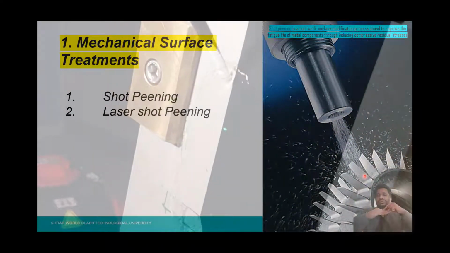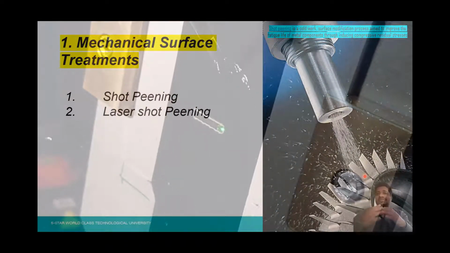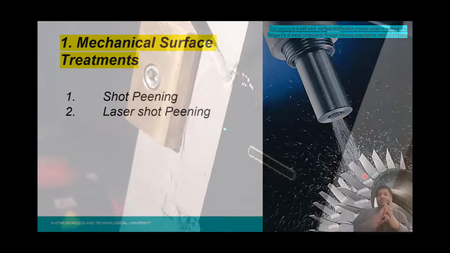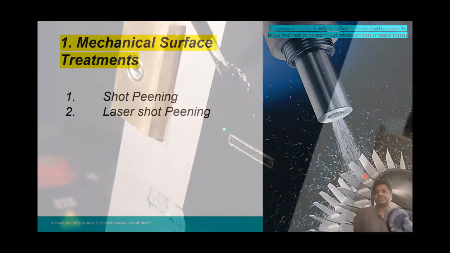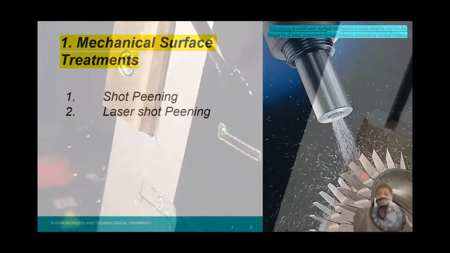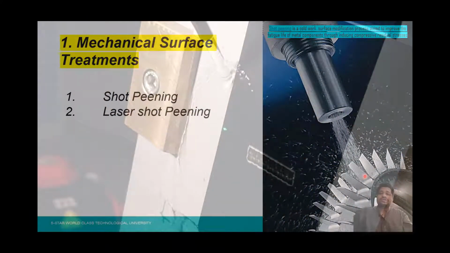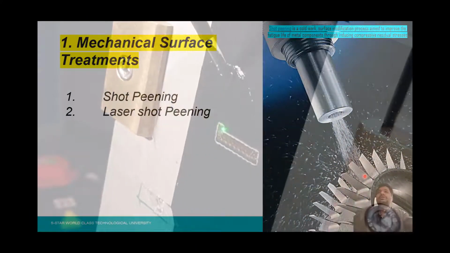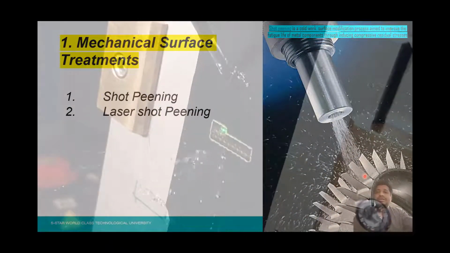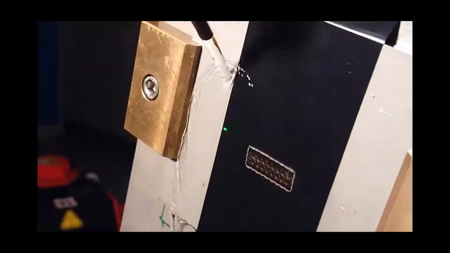The laser shocks the surface, and this is done with the help of high power lasers. Basically we can get a cold working of the surface, and compressive residual stresses are generated. So this is a very good technique for airplane fan blades, which are made of titanium nickel alloys, for improving the fatigue resistance. So more importantly, mechanical treatments and peening processes are important to improve the fatigue lives.